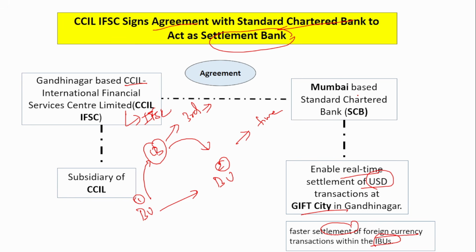But now, since the Standard Chartered Bank will act as a settlement bank, it can make a real-time settlement. So directly the settlement can take place between the banking units. This correspondent bank itself is not needed. So this will help in a faster settlement, because you don't have to depend upon a third party that is located outside the country, right? Different time zone, but here you can directly send. So this is the benefit of the Standard Chartered to act as a settlement bank.